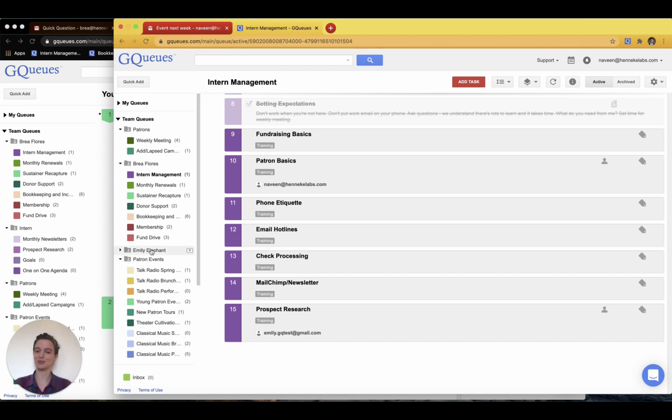He's also created a similar team for him and Emily, and then he's also created this patron events team. And the events are being tracked separately from the patrons team because they require collaboration from the development operations team as well. So instead of having the DevOps team get notifications about the patrons' weekly meetings and their Ad Labs campaigns, he's created two separate teams to make sure that everyone is getting the information they need and not getting bogged down with information that's not relevant to them.